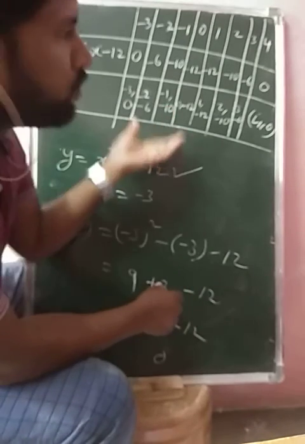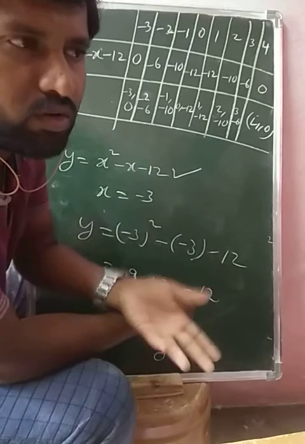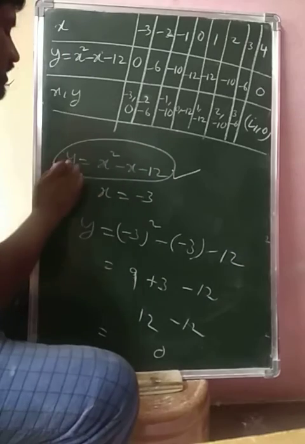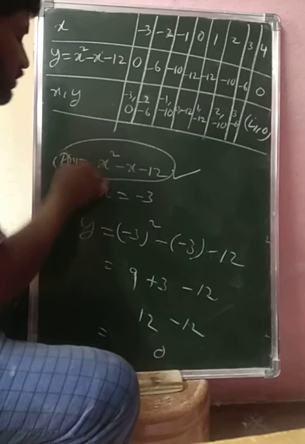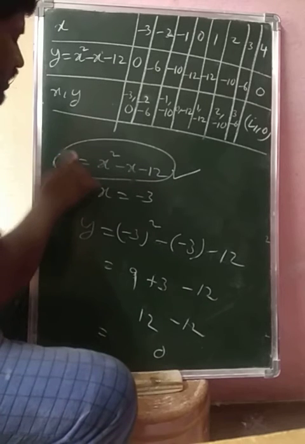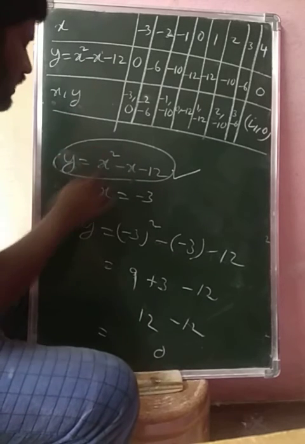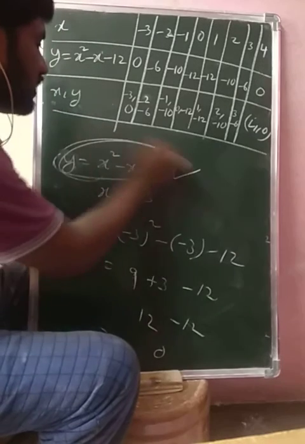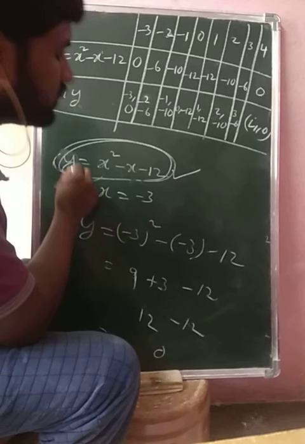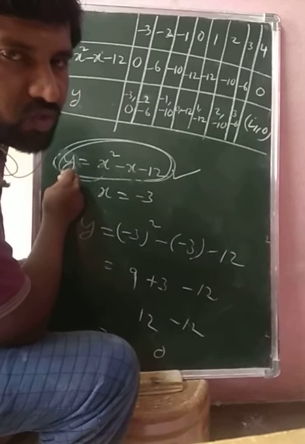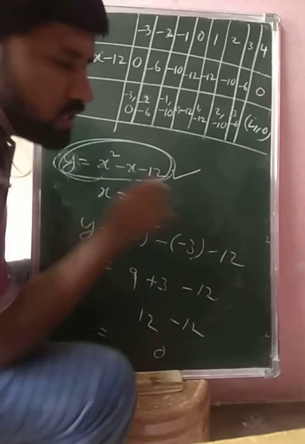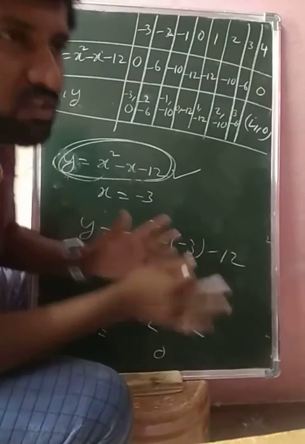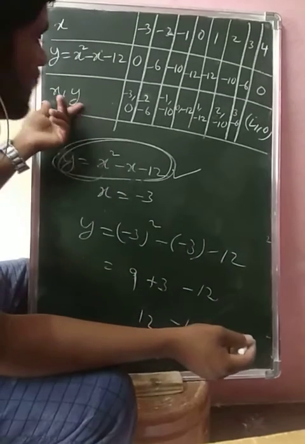So clearly this is the procedure, students. We have to find the points like this. There is no other short way. We can take a polynomial p of x, but if we want the x and y values, you can take y is equals to x square minus x minus 12. This is a quadratic function. In the place of x you can substitute different values, positive values, negative values, and find out, then we clearly get the x and y values.